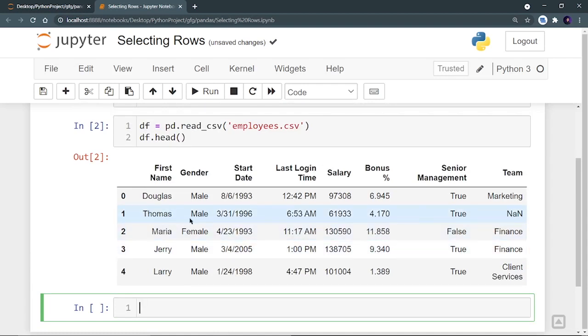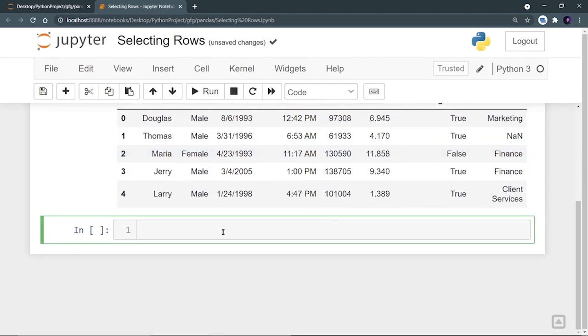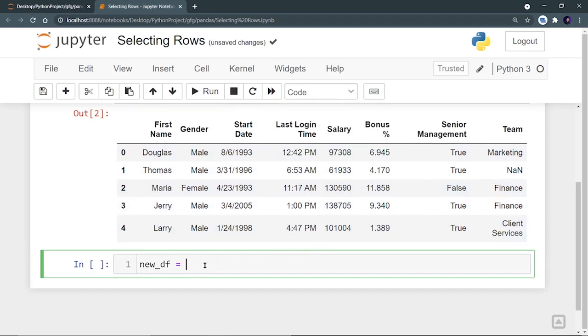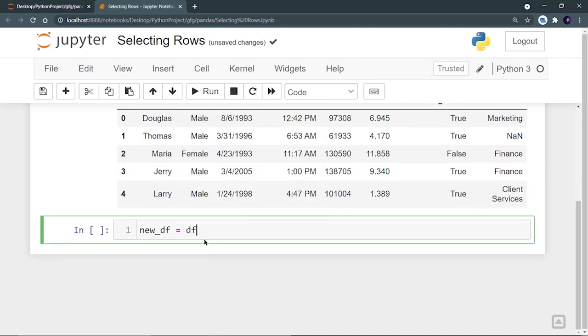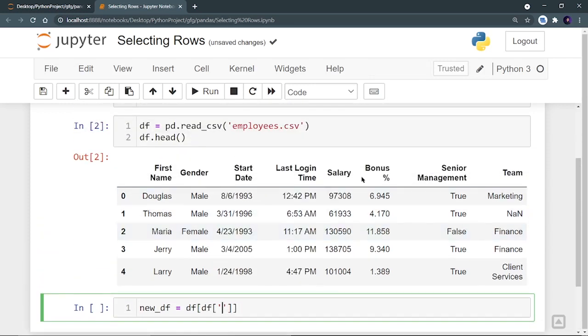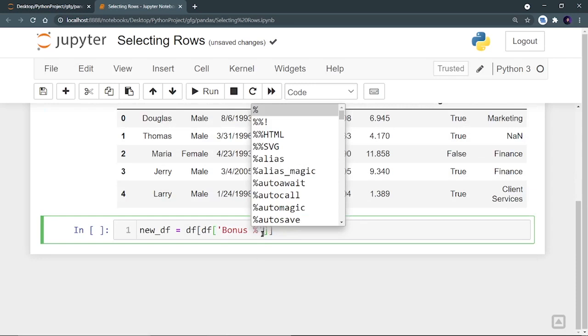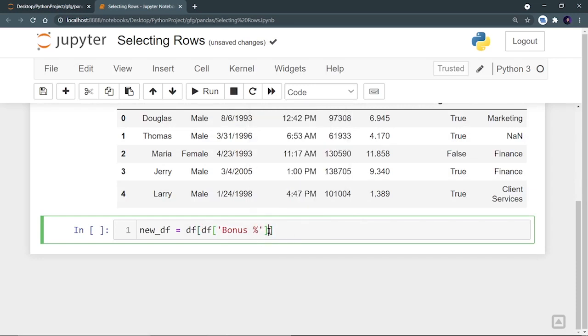Let's say I want to select only those employee rows which have bonus percent greater than 5%. Let's do it. So I will create a new data frame called new df, which is going to store the rows based upon this condition that bonus percent is greater than 5%. So new data frame will be containing the data of df data frame at this bonus percent. So let's copy it, let's paste it. So I'm going to write a condition that df at bonus percent should be greater than 5, right? Now all the rows which will be satisfying this condition will be saved in this new data frame.